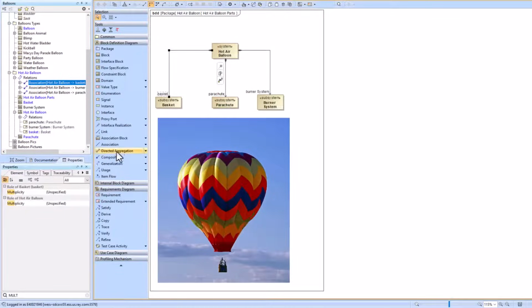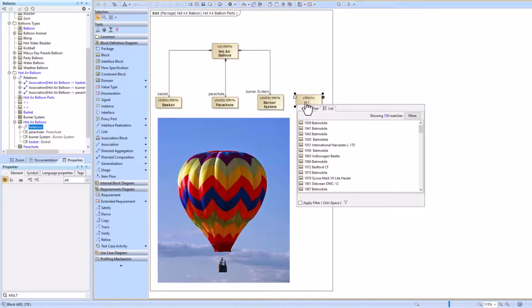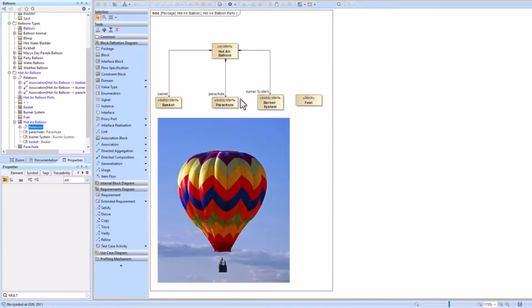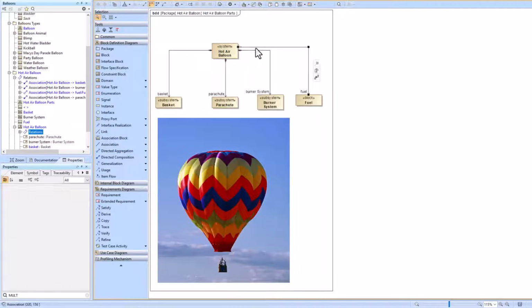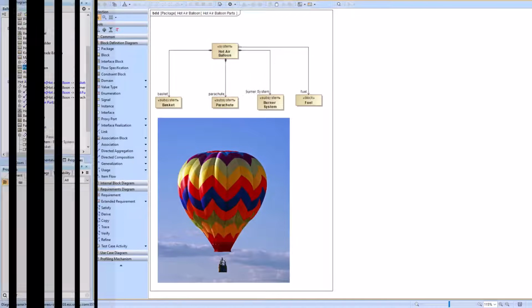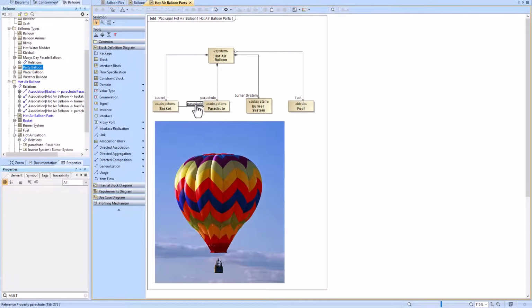Compositions are what you're seeing here. Aggregations, the directed aggregation relationship can be created to the fuel block, the fuel that is used within the hot air balloon. And we've got a whole other video to explain when to use the directed aggregation versus directed composition. I would fall back on using the directed composition. So I'll go ahead and add a directed association back between basket and parachute, and we'll just name this parachute ABC, and then we're going to run this in simulation so that we can see all of our different types